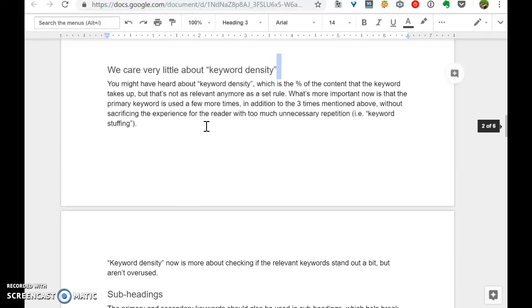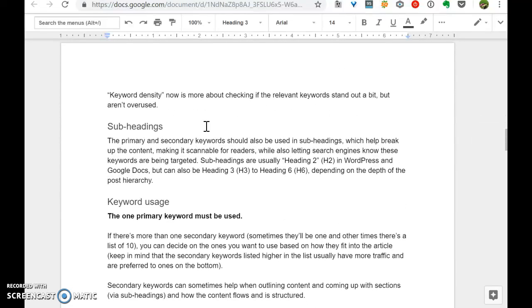Additional usage is in the subheadings. Those are not the main headline, but the additional headlines that are secondary or tertiary, and in SEO they also serve as the outline, showing how the hierarchy exists.